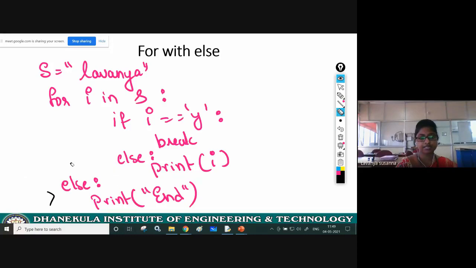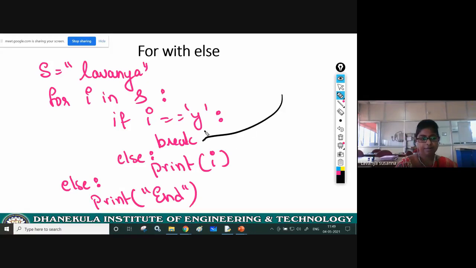I will explain this. You know that if you are using an else statement with a for loop, this else statement gets executed when the condition inside the for loop is false, or when control comes out of the for loop after iterating everything. At that time also the else block will get executed. Now, if you are using break, what will break do?